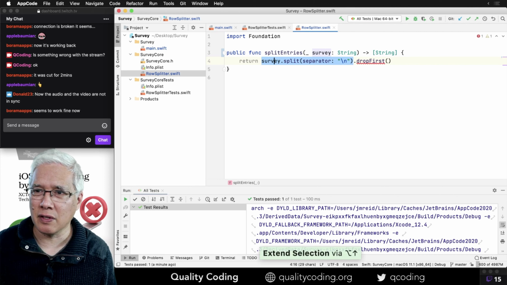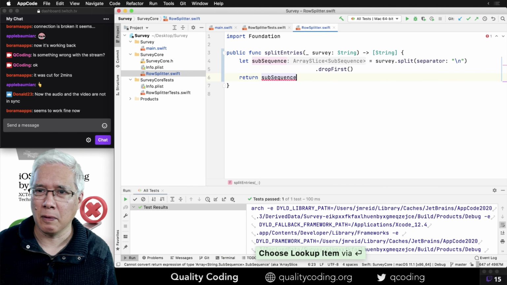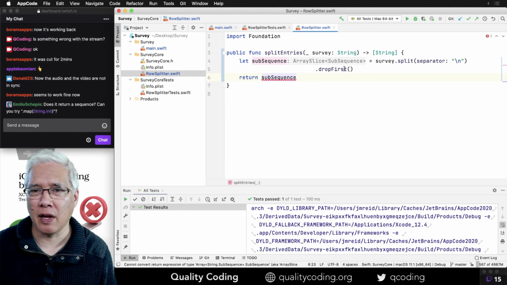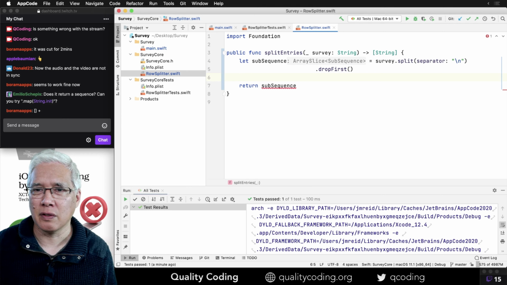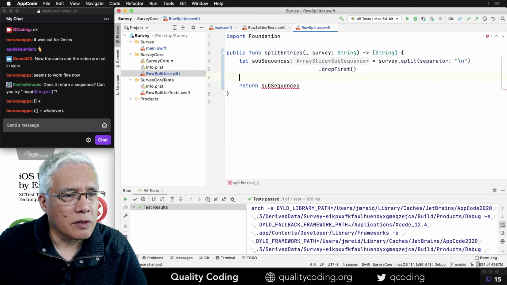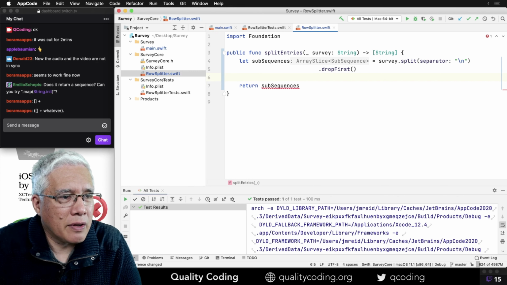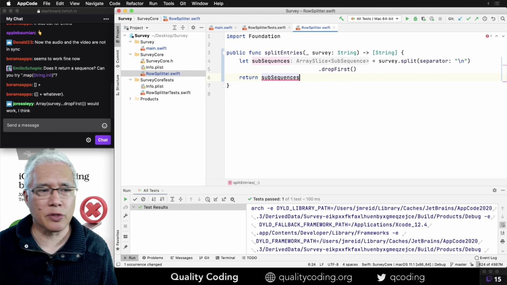Let's take this, pull out a variable. And how can we convert the subsequence or subsequences into an array of string? Does it return a sequence? Can you try map? Hello, Emilio. Thank you for your help. Let me try. Let's just try some things.